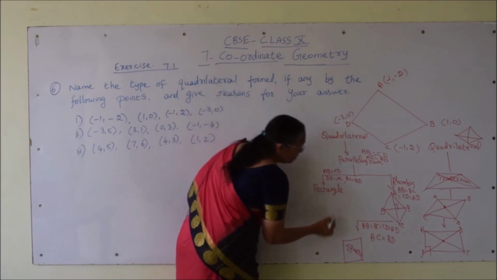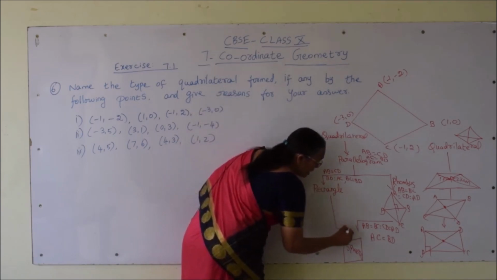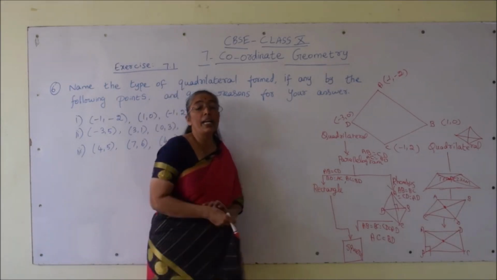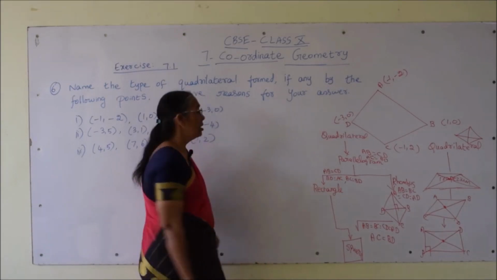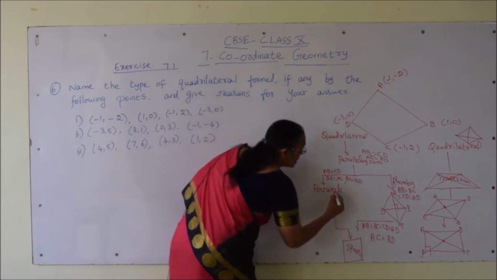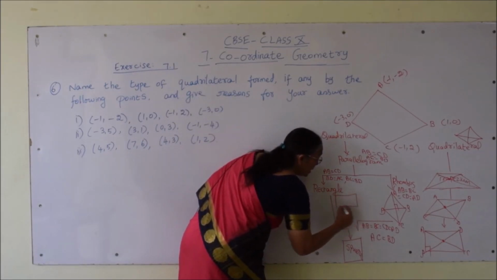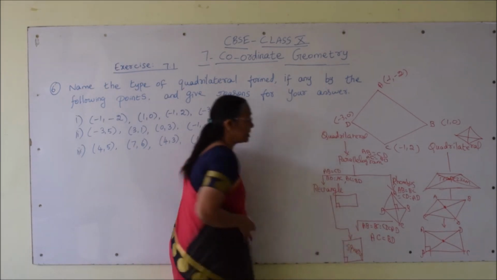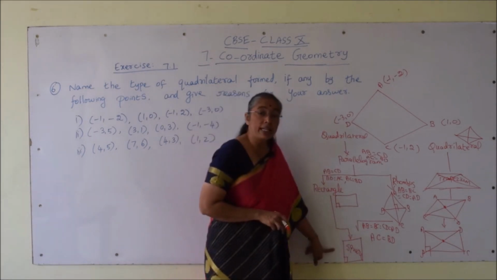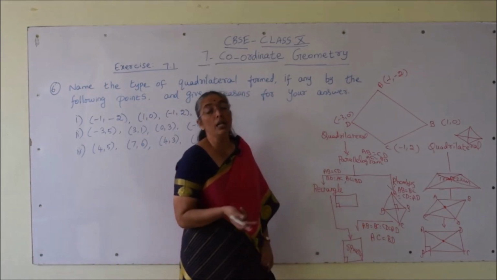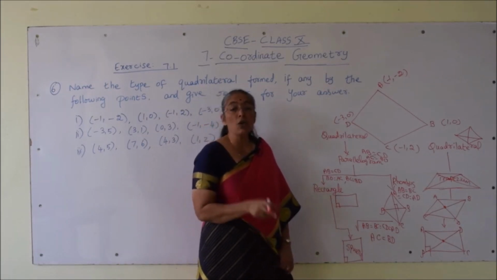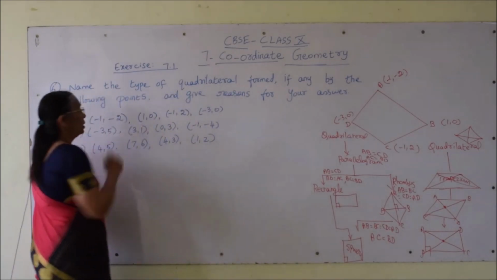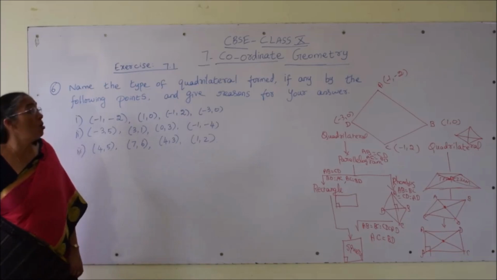Here a rectangle will become a square when its adjacent sides are also equal, because in a rectangle already opposite sides are equal and the angle is 90 degrees. In a square the angle is 90 degrees, which is already there in a rectangle. So, you only should prove that adjacent sides are equal. Coming to the properties of diagonals in a square, the diagonals are equal and they also bisect perpendicularly. So, now coming to the problem, first we go one by one.